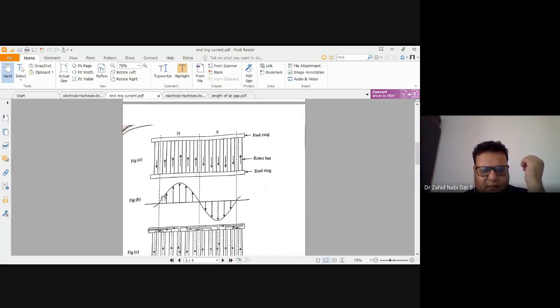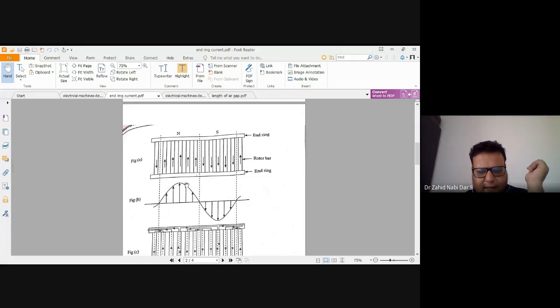So what it is mentioning is that current is not maximum. Please switch off your this thing. Current is not maximum. So here you can see current is not maximum under all the bars. It is varying sinusoidally. So as the sine wave varies, current is increasing. At this instant, the magnitude of current is here. At this instant, the magnitude is here. At this instant, the magnitude is here. So it is varying sinusoidally, and accordingly it is varying here.